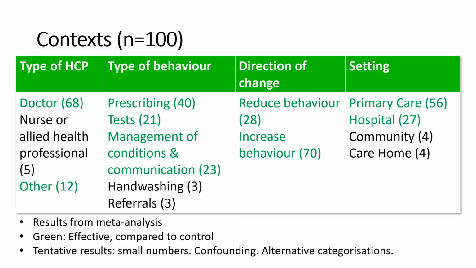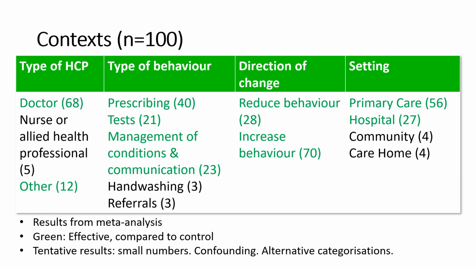It also worked whether the intention was to reduce or increase the behaviour. There were some contexts where we didn't find any evidence of an effect, but generally those were fairly small numbers of studies, so it's hard to make any definite conclusions that social norms weren't effective in those